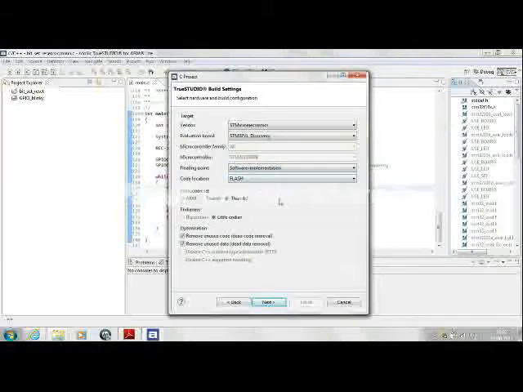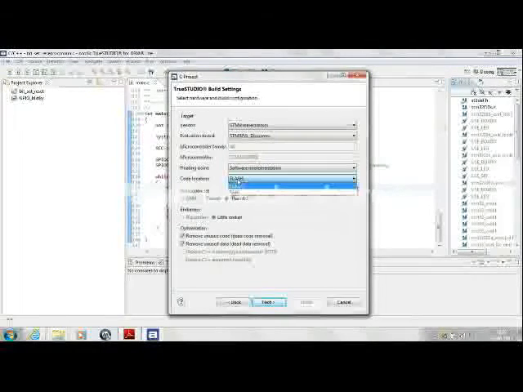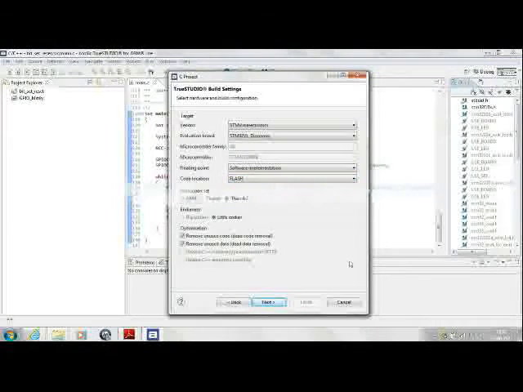Floating point is automatically selected as software, and you have an option of locating your code in the non-volatile section, that is the flash section, or you can locate your code in the volatile or the RAM section. We will put the code in the flash section for now. Other optimizations are available here, and the endianness and the instruction set, that is the Thumb-2 instruction set, are fixed for the given target. Go to next.